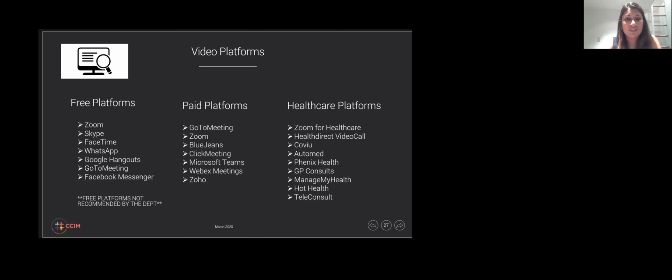If you're nervous, you're scared, you're just getting your head around telehealth, you don't necessarily have to turn on all this extra functionality, but it's just knowing that that is out there, and some of the health ones are a little bit more amenable to working with your other systems.